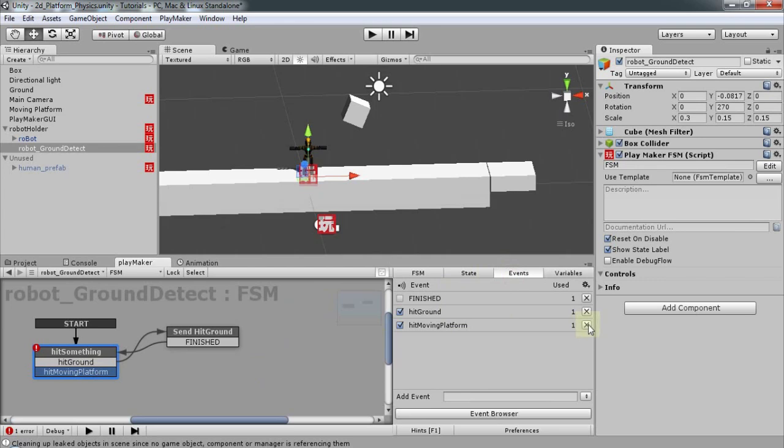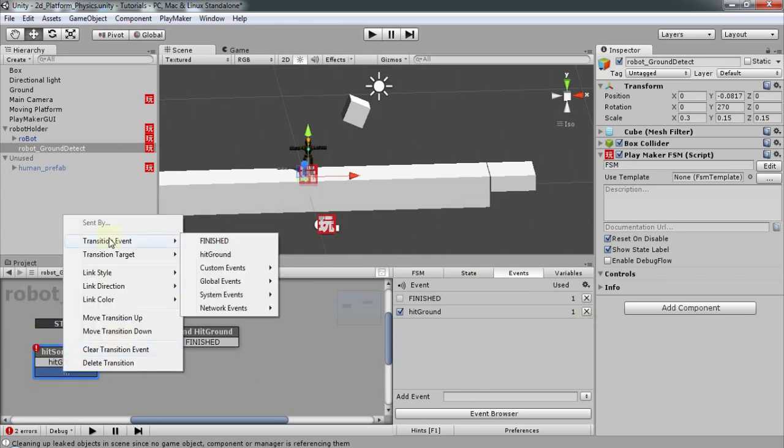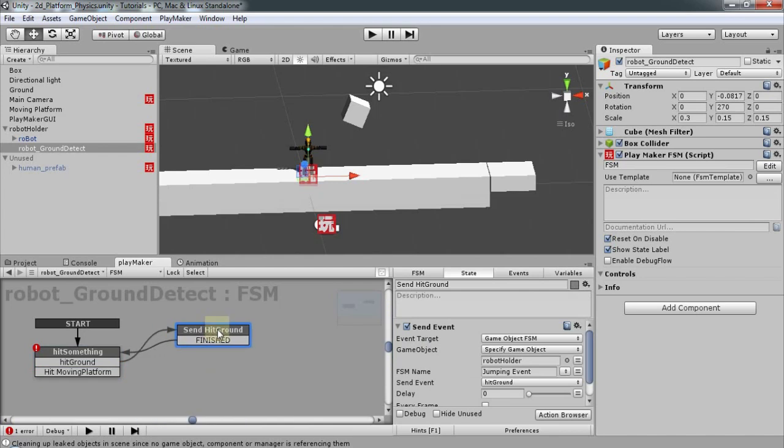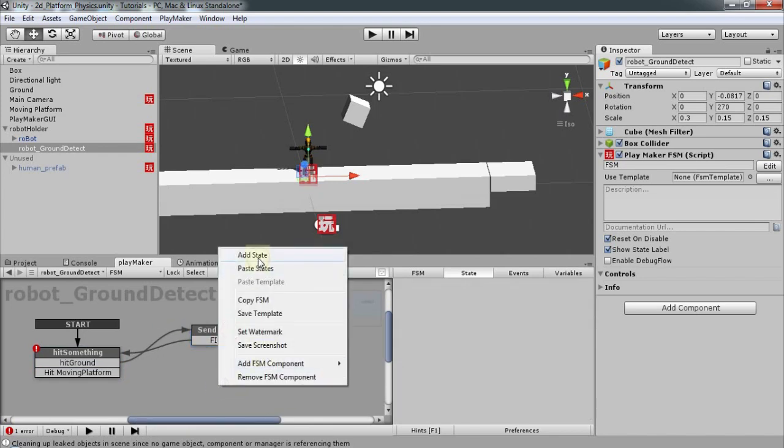Oh, okay, I'm sorry. I'm going to remove this one. Then, for the sake of tidiness, I'm going to give it a global event, the one we created, hit with space moving platform. Okay, that will do. Then I'm going to create a new state,